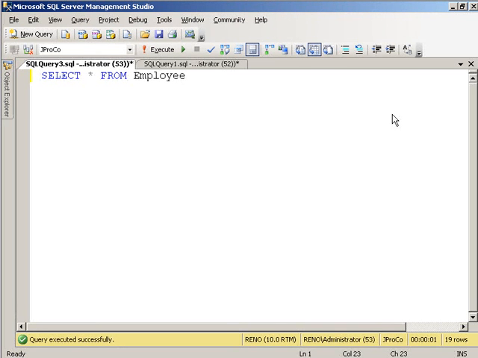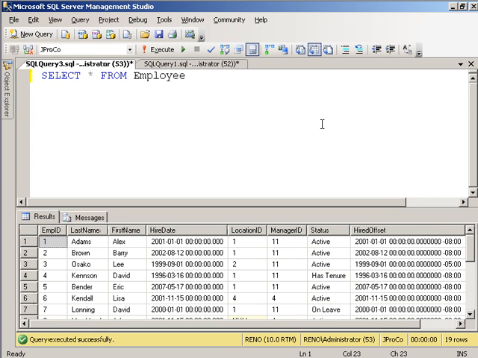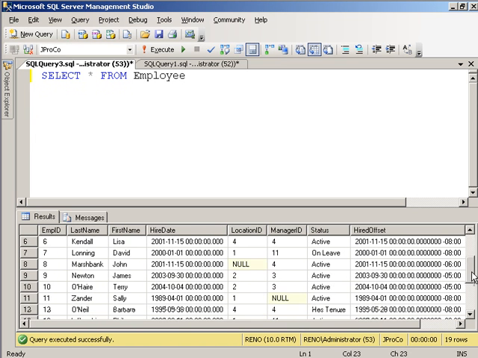A view is a virtual table whose contents are defined by a query. Now we know how to look at a table. Here's a familiar one where we're looking at all fields and all records from the employee table. And with a little scrolling, we can see it all. We can scroll to the right to see all the fields, and we can scroll down to see all the